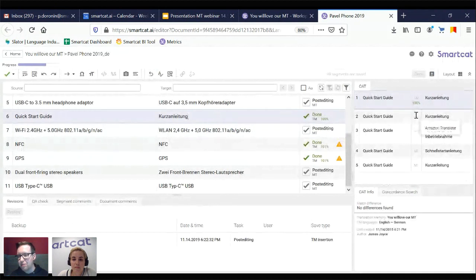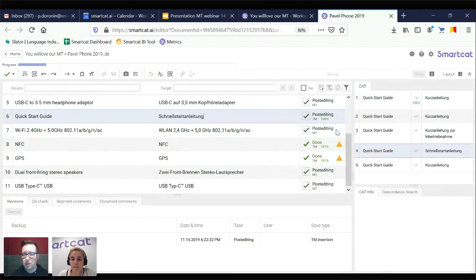Amazon translates as Kurzanleitung, but DeepL says Kurzanleitung zur Inbetriebnahme. So kind of industrial, with the industrial touch, and Google says kind of a synonym, which is also fine, and Yandex says Kurzanleitung. And you can actually select, okay, probably this one is better, so I can use Google for that,